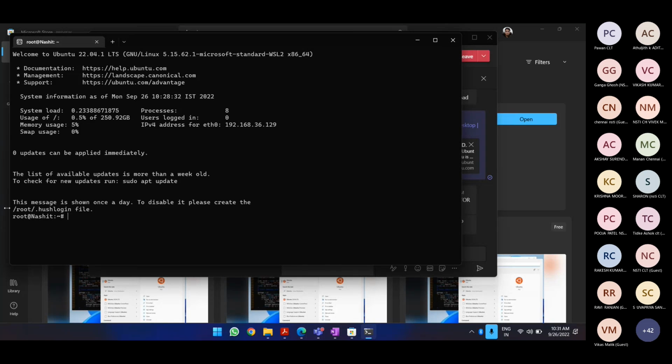So let us try a few of the basic Linux commands. Now we can have one command that is called ls. Can anyone help me know what this ls command is all about?